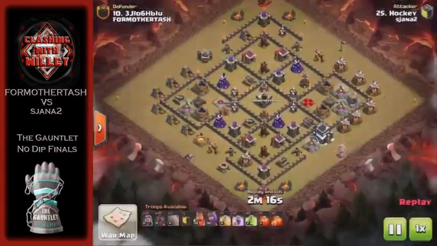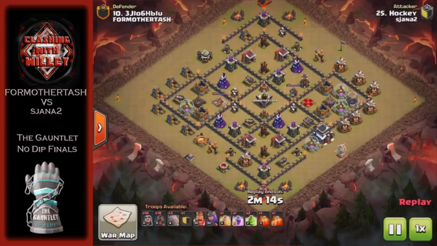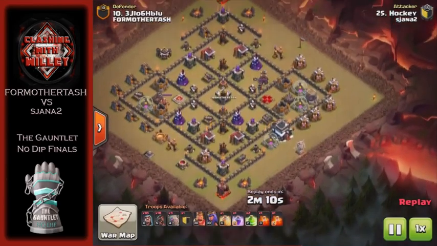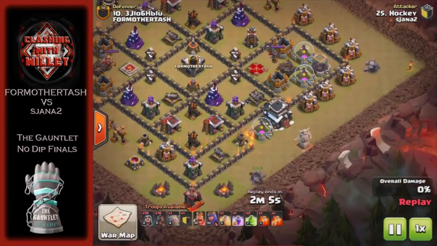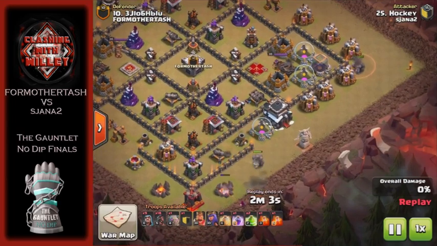Alright, and this will be the last attack I show from this side of the base, and it's a 9v9, and it is a StoneHobo. And I chose this because StoneHobo is one of my favorite attacks, and it looks really good when it's a well-executed attack. So